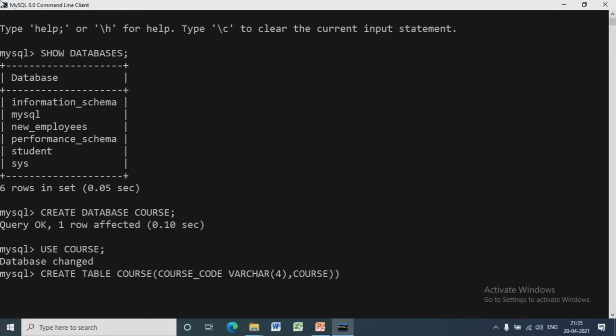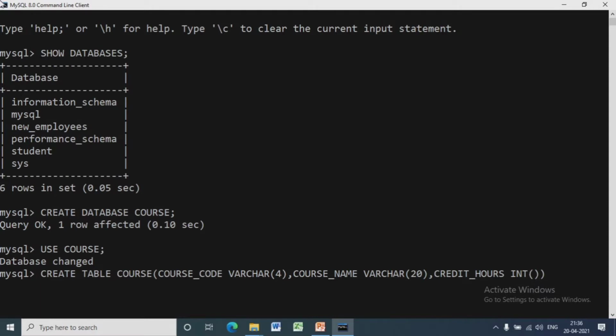As we have discussed in our previous video, char is used to store a fixed length character string and varchar is used to store a variable length string. Our table is created with 3 fields. Now we can insert data inside it.